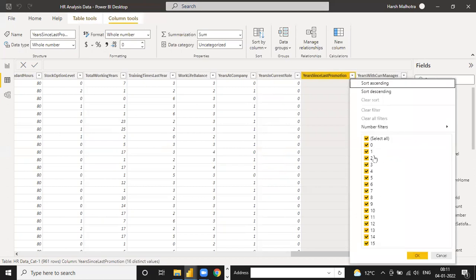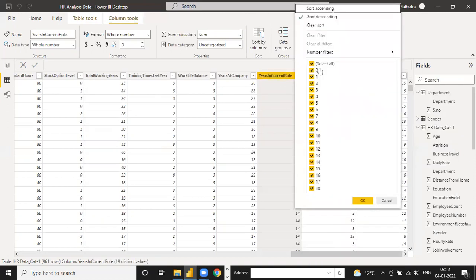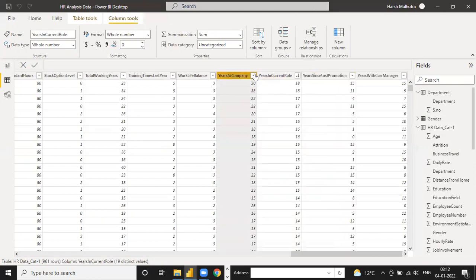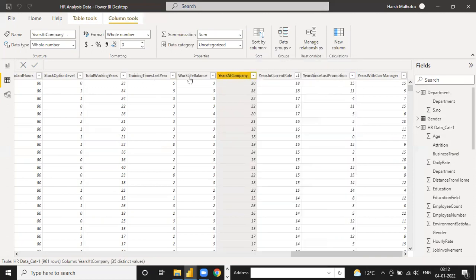Okay, 0 1 2 3 till 15 years in current role. 0 1 2 3 till 18 years at company. Okay, training last year, work life balance, and years since last promotion.